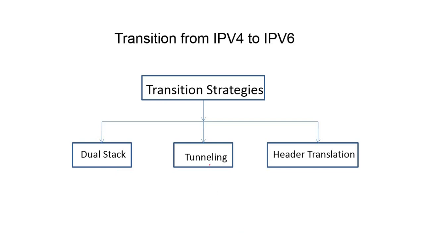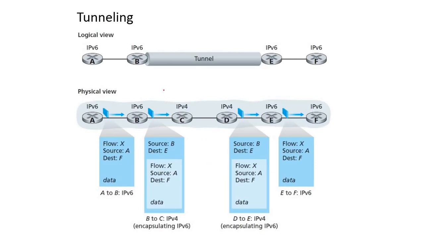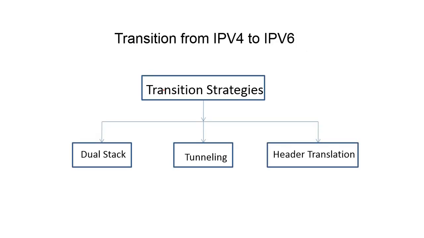Another thing is tunneling. Let's see what tunneling is. It looks like when you are traveling on roads. Whenever the road is not possible, there are long tunnels at those places. Vehicles travel through those tunnels and again come outside onto the regular roads. Same thing in terms of IPv6: we can use IPv6 where it is required, and through a tunnel we can go with IPv4 and again move towards IPv6. That is the tunneling approach. Another thing is header translation.